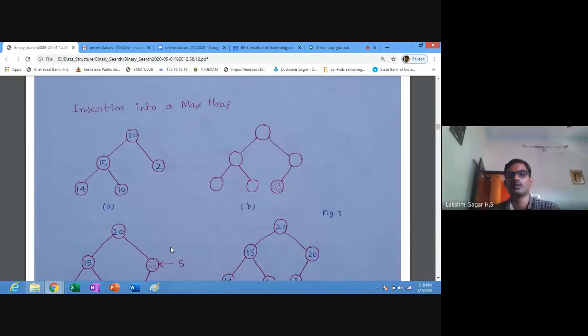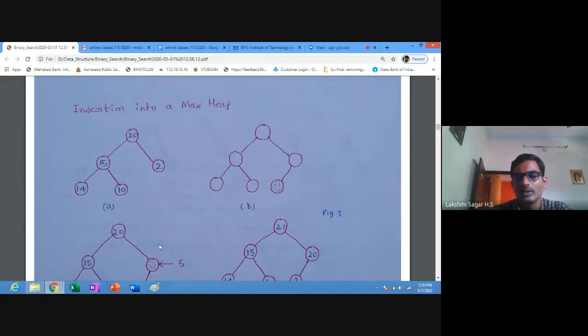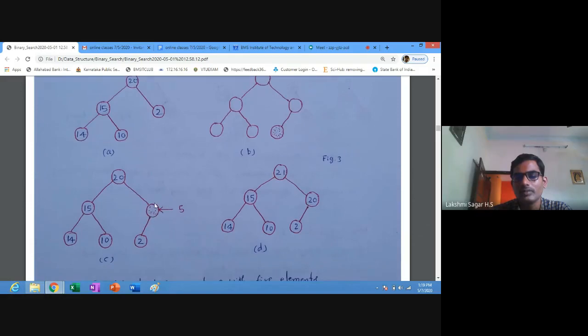Next, insertion into a max heap. Suppose you want to insert an element into a max heap. If you are inserting a node with value 1, there is no problem, no changes occur. Suppose you are inserting element 5 into this binary diagram.